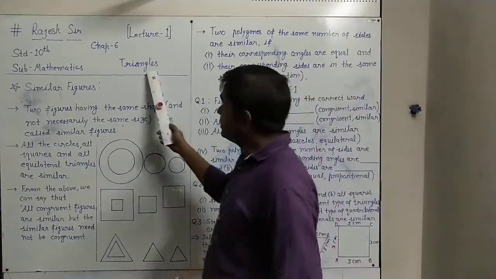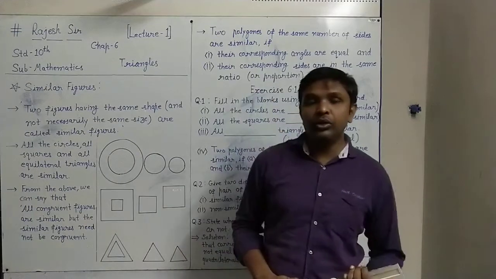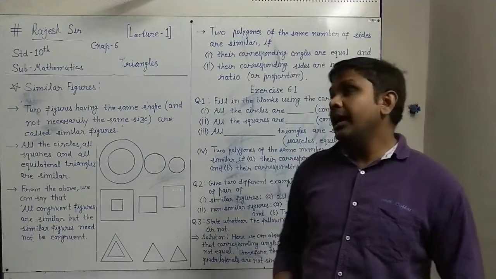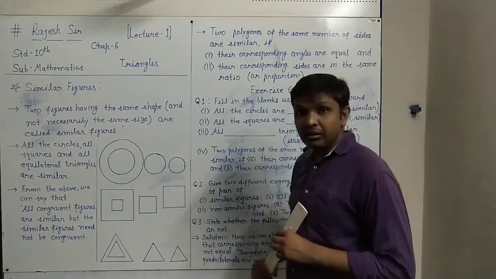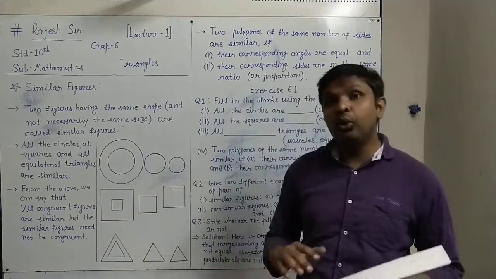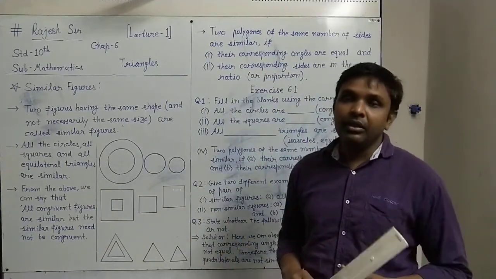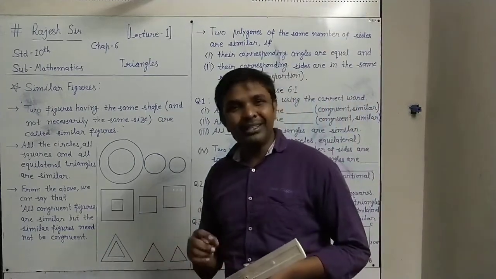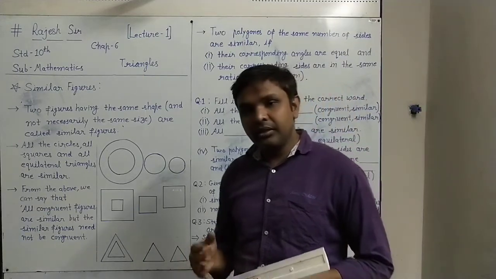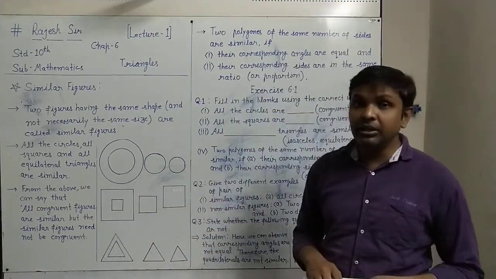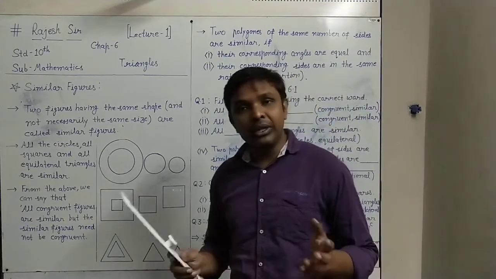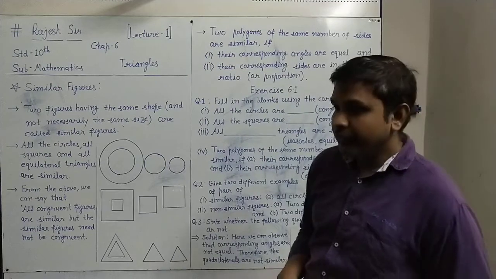So in triangles, this chapter was in 9th standard also; you have studied about it. In that chapter in 9th standard, about triangles, we studied the congruence of two triangles with the different criteria like SSS, RHS, SAS, ASA. We have seen and proved all those theorems, and we saw how two triangles will be congruent, right?